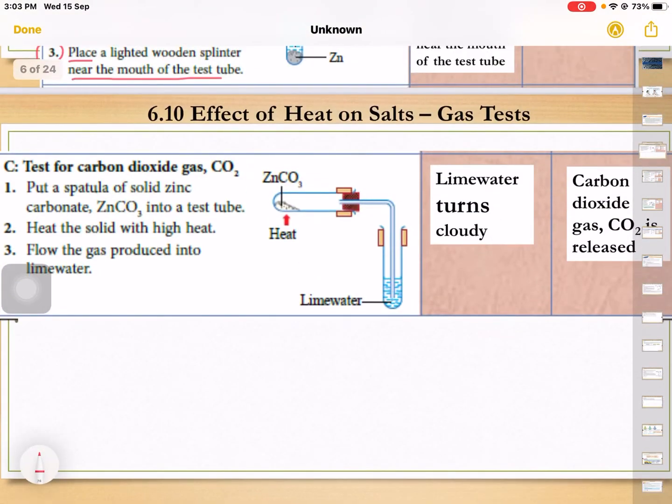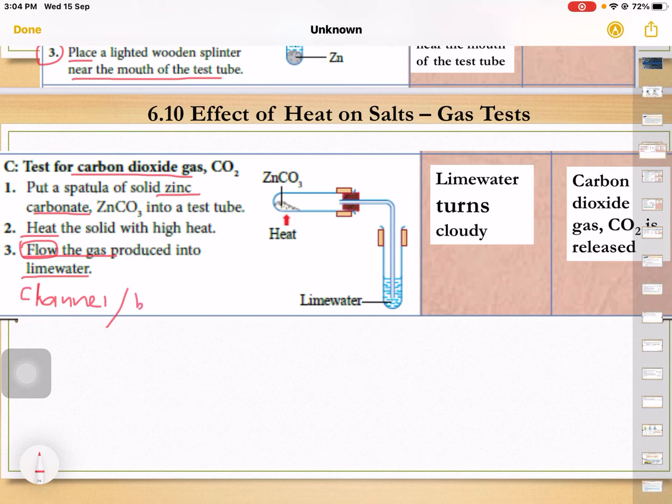Okay, third one, to test the presence of carbon dioxide. It's like the conversation between the two students above. Okay, so what we have to do is put a spatula of solid zinc carbonate and then heat the solid. So when we heat carbonate salt, it will produce carbon dioxide. So to test the presence of carbon dioxide, we have to flow the gas produced into the lime water. Other than using the word flow, you also can use channel